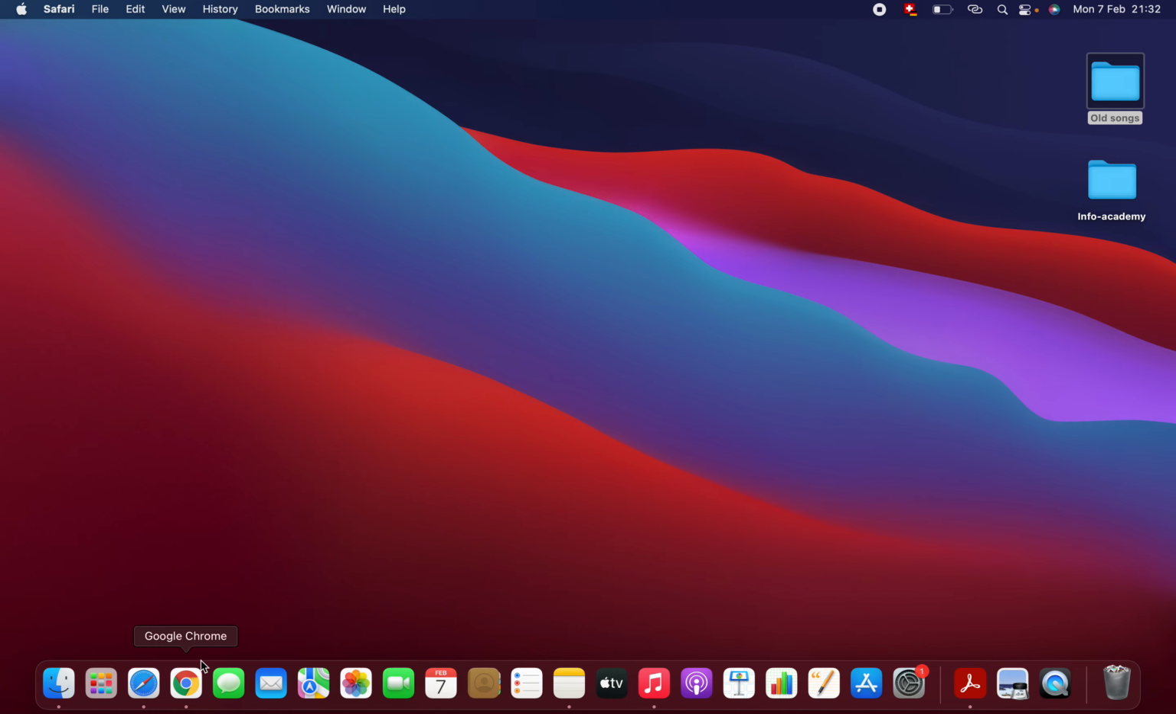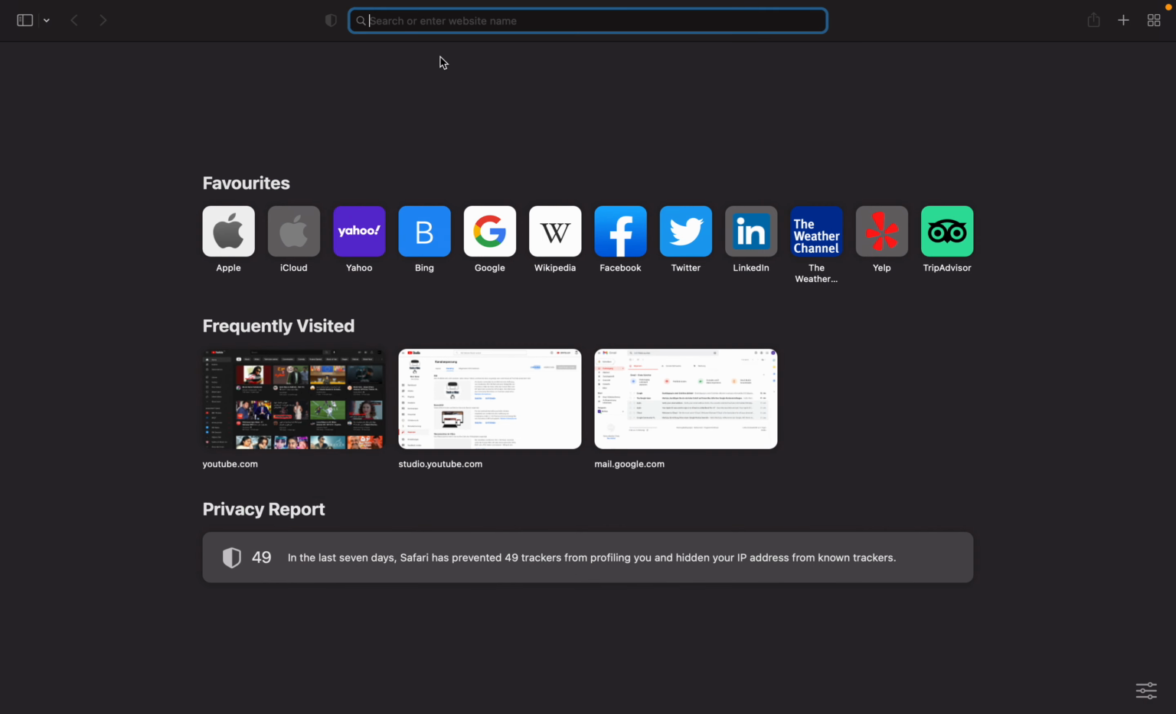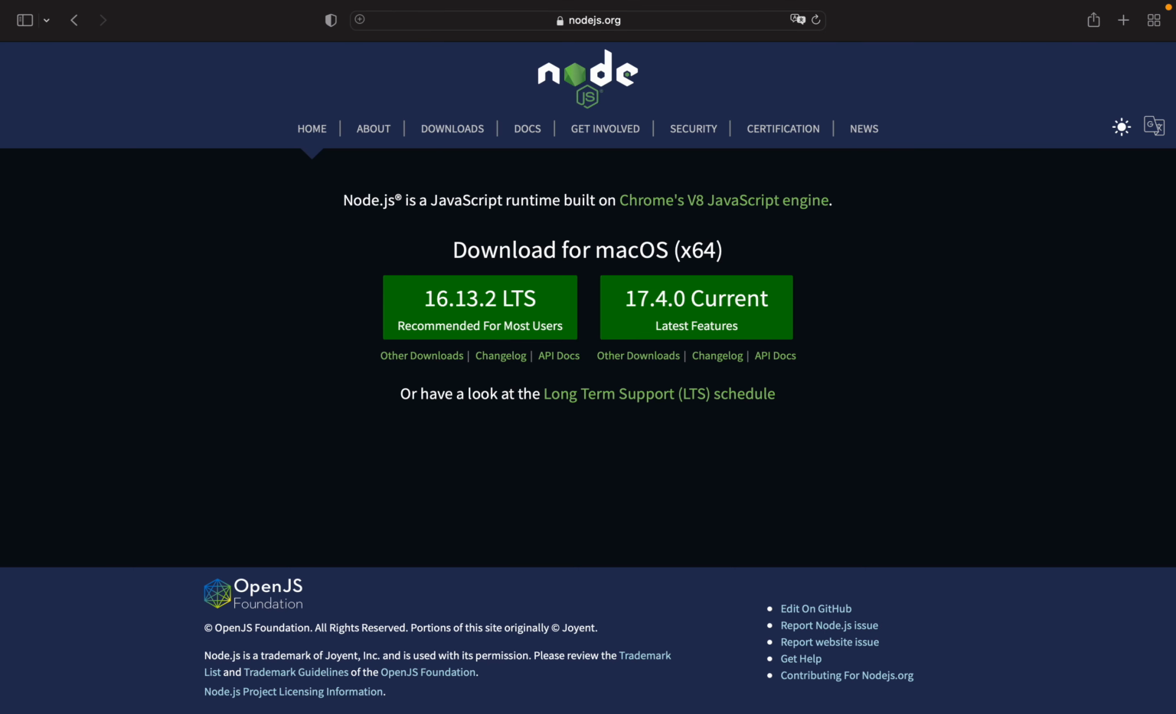Okay, first you should open your browser, either Safari or Google Chrome, doesn't matter, and type nodejs.org. This is the official website for Node.js. Once you enter, here you can see two versions, latest version and current version. So recommended for most users is the latest version. So I will click on that,